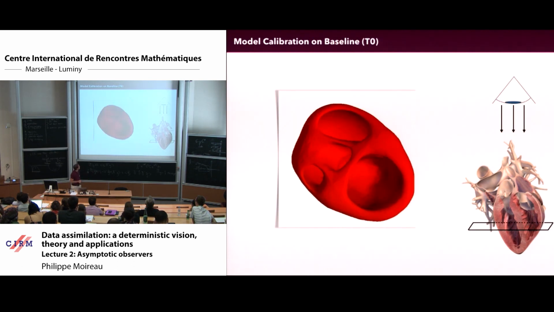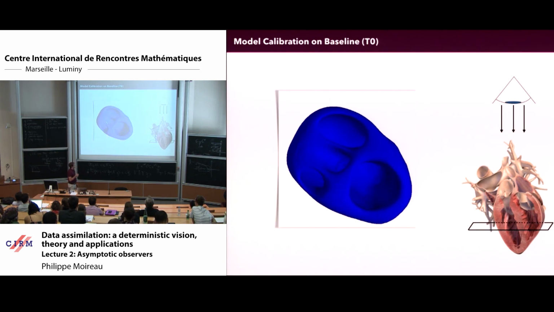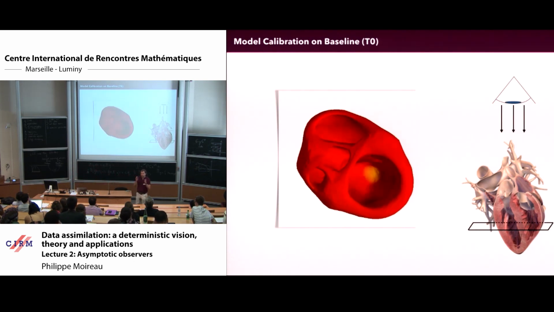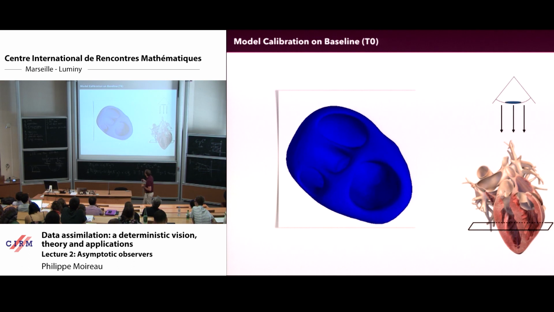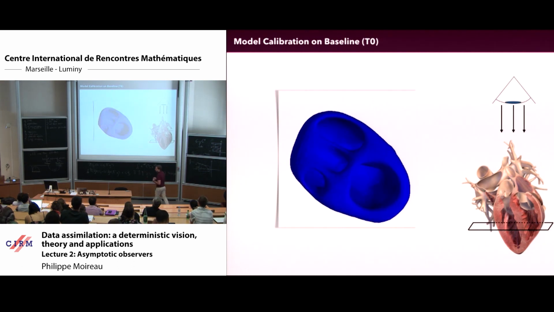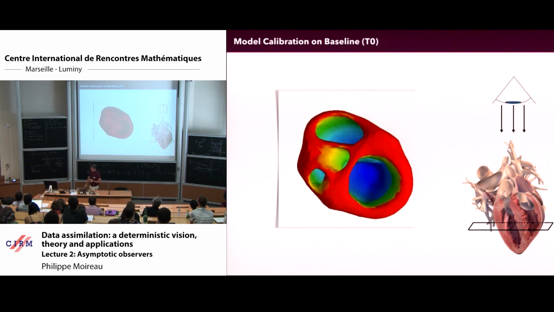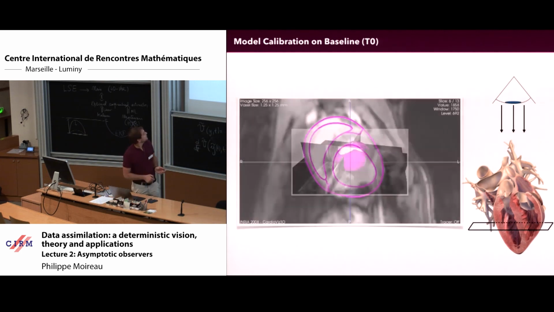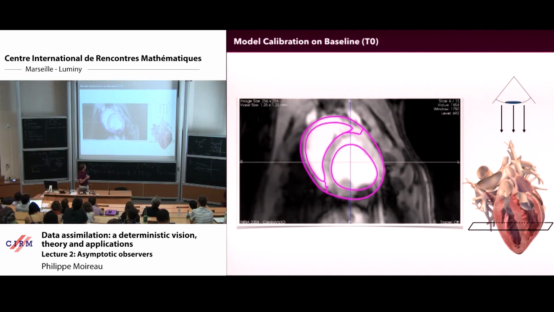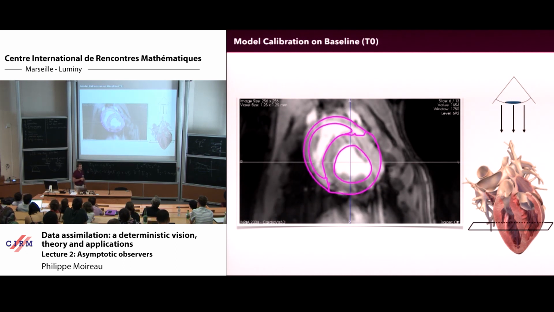So this is the pig heart. The experiment was that the pig was in perfect health, and we did an MRI of this heart. From this MRI, we built a mesh and calibrated a model. Okay? So this is the heart of the pig projected into the MRI. So it seems to be quite correct. Maybe you will see, here. So these contours are the model contours, the simulation contours. And it seems to be pretty nice.